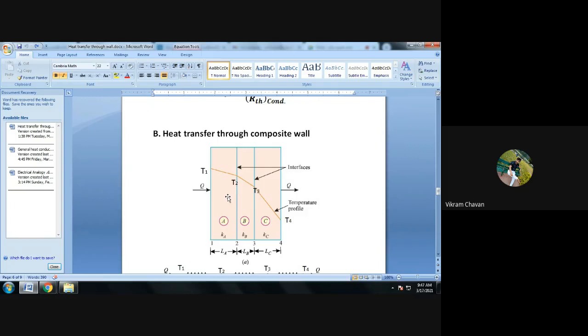मैं क्या बोल रहा हूं, आप समझ रहे हैं क्या? जो एरिया ए स्लैब का होगा जो परपेंडिकुलर टू हीट फ्लो होगा, वही एरिया बी स्लैब का होगा परपेंडिकुलर टू हीट फ्लो होगा, और वही एरिया स्लैब सी का होगा. ओके, बिकॉज द थिकनेसेस आर गोइंग टू वैरी.